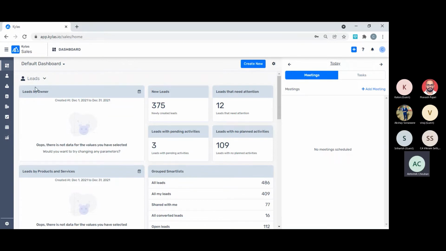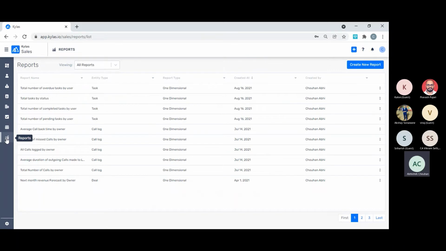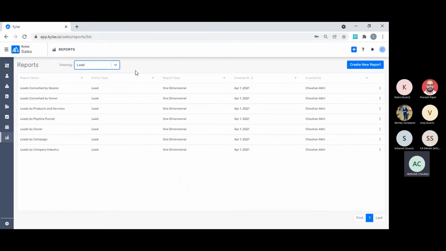The moment you log in, this is the screen that is visible to you, which is our dashboard. If you go to the left-hand side navigation panel, you can see the report entry point at the last. When I click on this report, I am taken to the report listing page. You get to see around 20 to 25 reports already available for different entities.